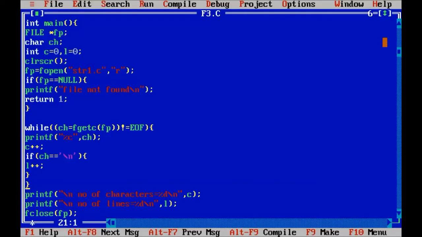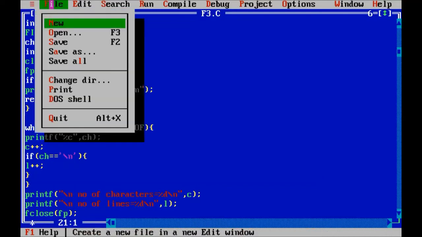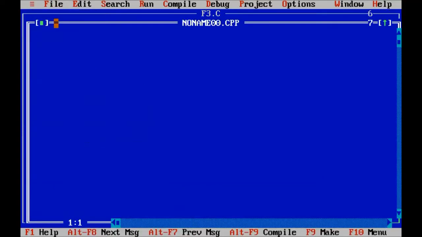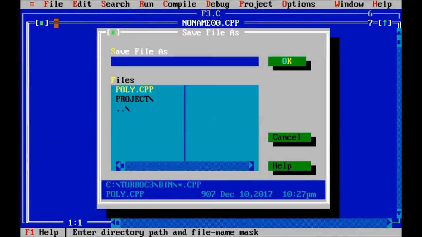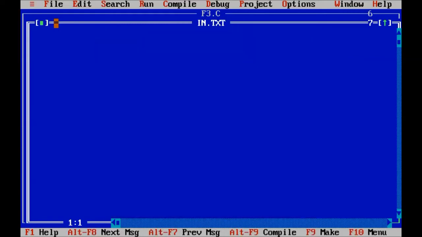Okay, for your reference, I'll create a file here. So File, I want to create a new file. I will save it as in.txt. Okay friends, you can clearly see I'm manually creating my file, that is in.txt.